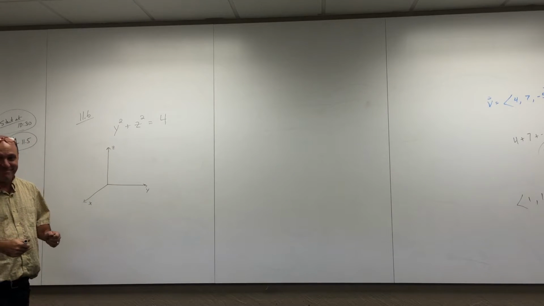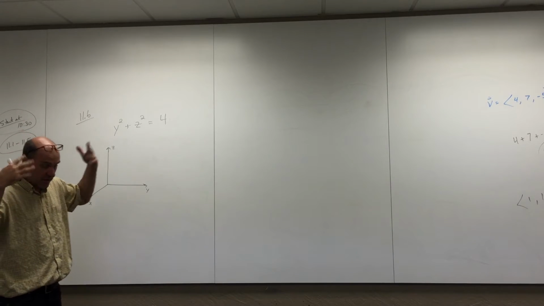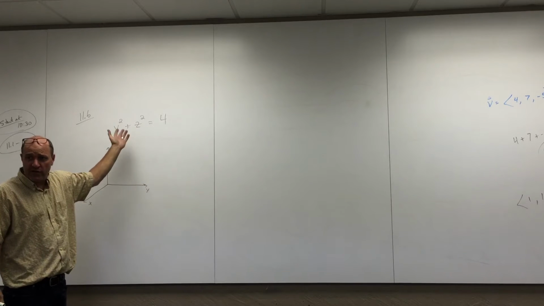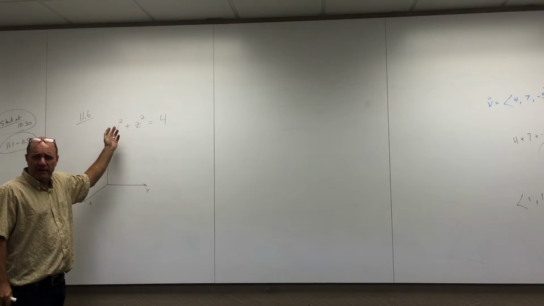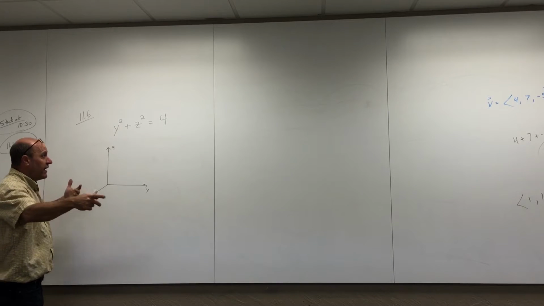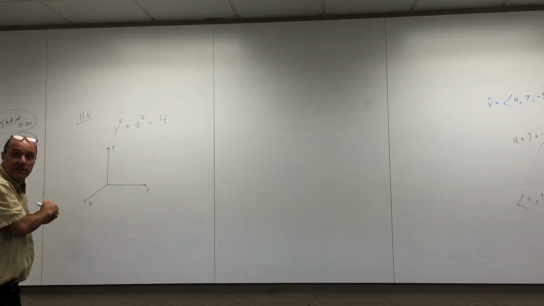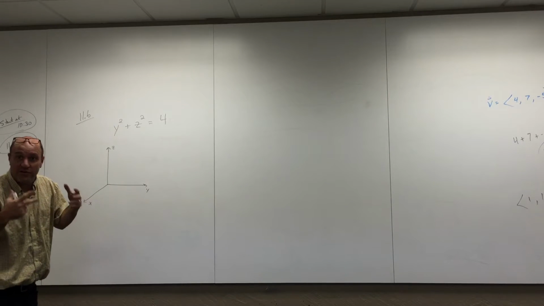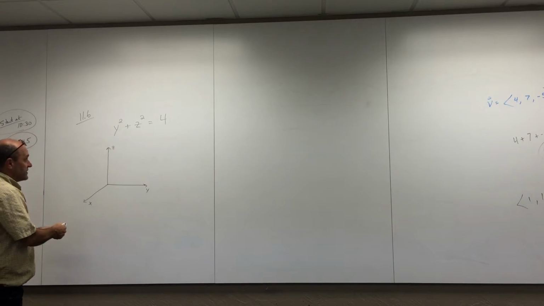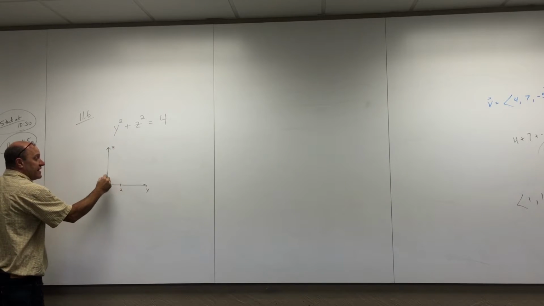Do you guys agree with them? Yeah, good. When you look at that, the first thing your brain should say is, hey, that looks like a circle, radius 2, centered at the origin. But wait a minute, it's got that missing x, so it must be a circle in the YZ plane. And because it's got the missing x, it must be running out infinitely in the x direction. Therefore it's not really a circle. In 3D, it's called a cylinder, right? And you're exactly right. It's in the YZ plane, centered at the origin, radius 2,